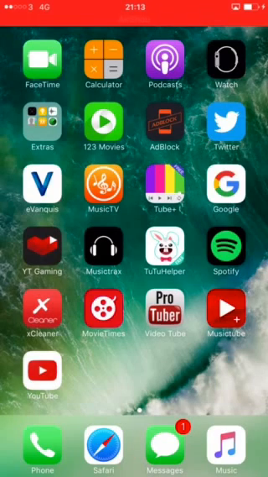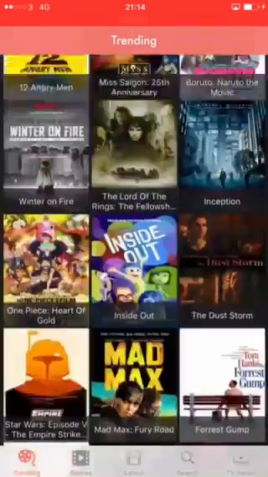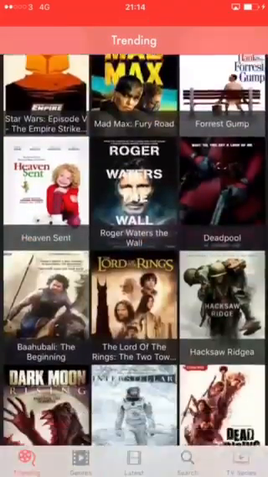It's to get free movies and TV shows, and it's updated 2017 from the App Store, and as soon as you download it on your device you get to keep it forever. Basically this is what it is: Movie Times. So you click it, right, old boring movies, nobody wants to watch them.